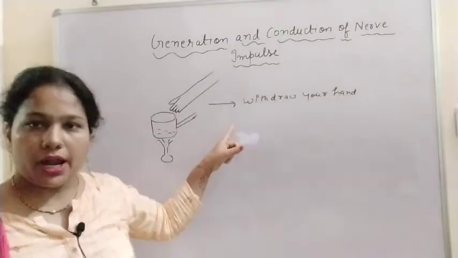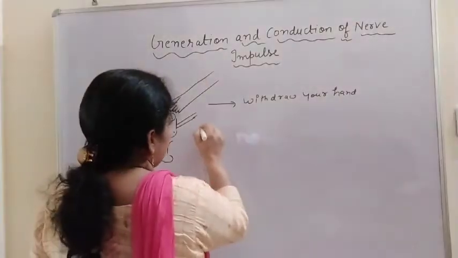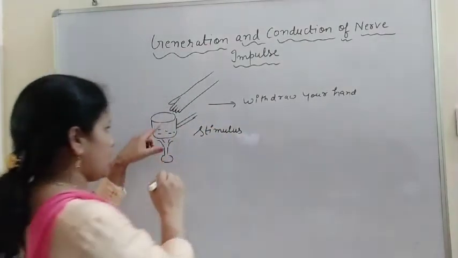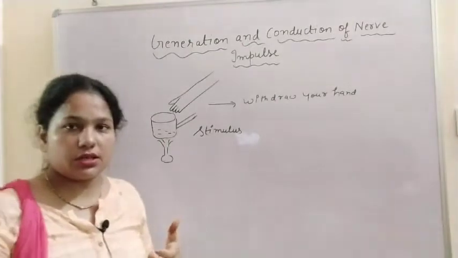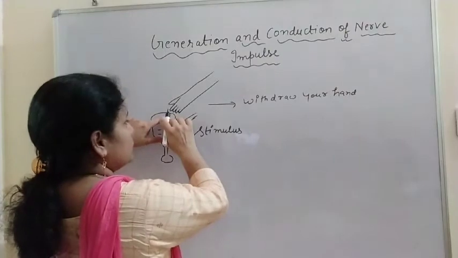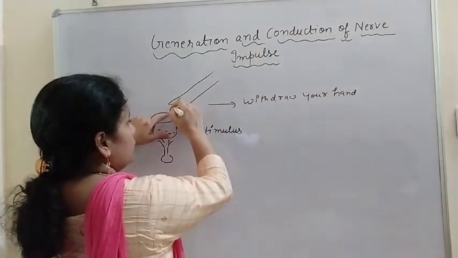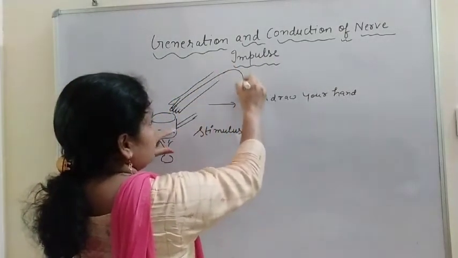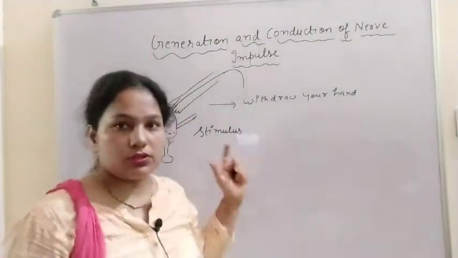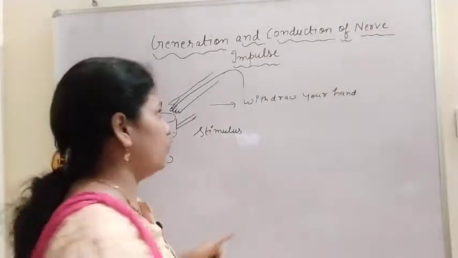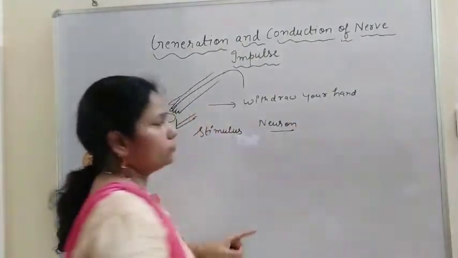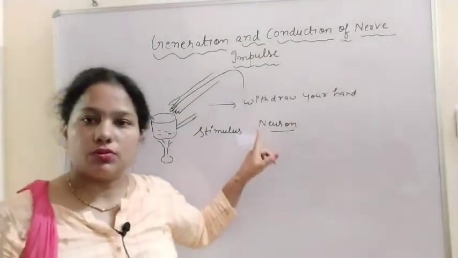Why do you withdraw your hand? Because a stimulus is transferred, meaning you feel hotness. And how do you feel hotness? Because the stimulus goes into your hand, and from your hand the message is transferred to your brain. And how is this message transferred? This message is transferred with the help of the neuron, the structural and functional unit